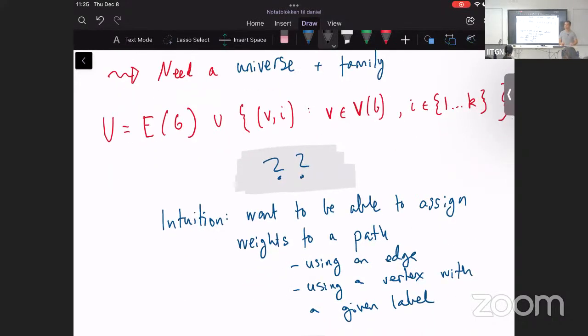No. We want to give weights to multi-labeled paths. We haven't given the labels. We want to be able to say, if I give you this multi-labeled path, this is what its weight will be. So for every multi-labeled path, I want to be able to say what its weight is. But what I was asking is, you don't know where the multi-labeled path is coming from. No, we don't know and we don't care. So far.